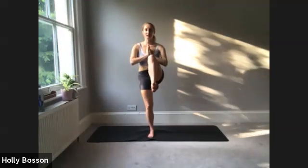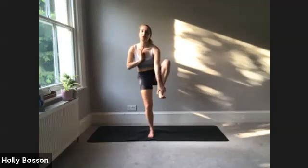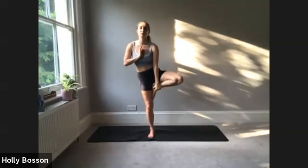So you can keep the hands here, or you can take the hands to your hips. Let's breathe that right knee really high as you can. Strengthens our hip flexor. Lift for 2. Lift higher for 1, and then either coming into our normal tree pose, so holding your ankle and bringing the